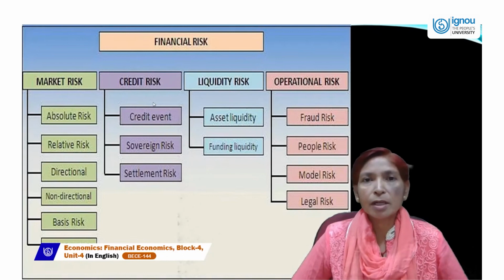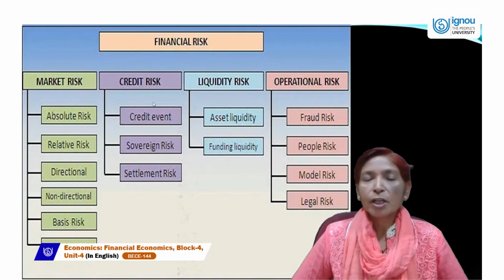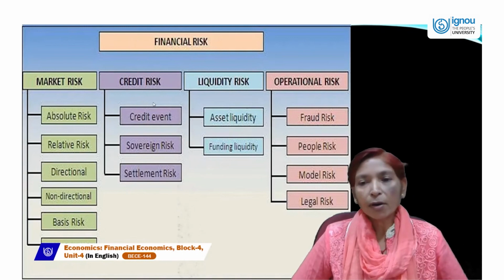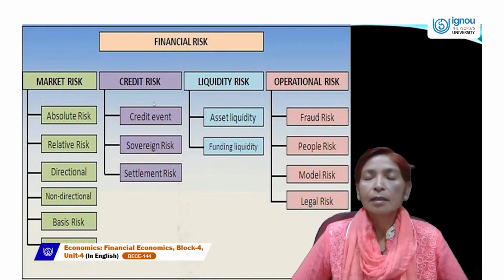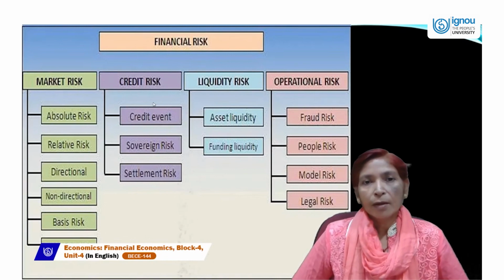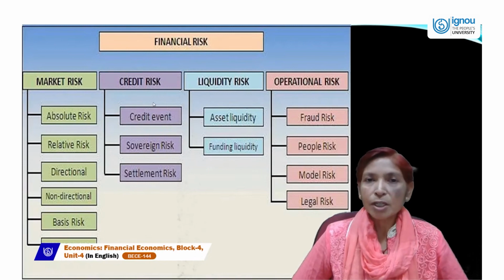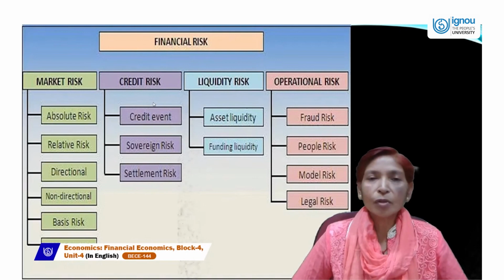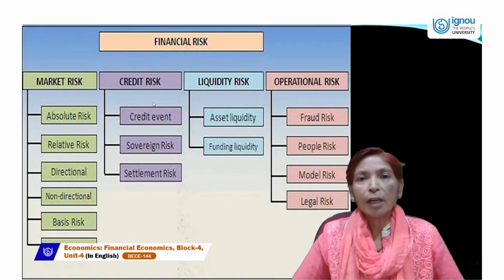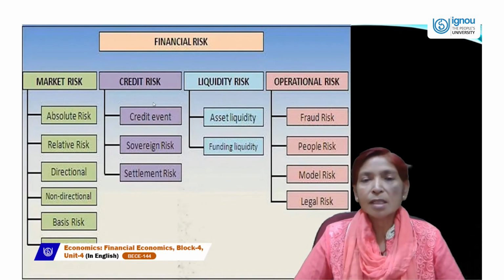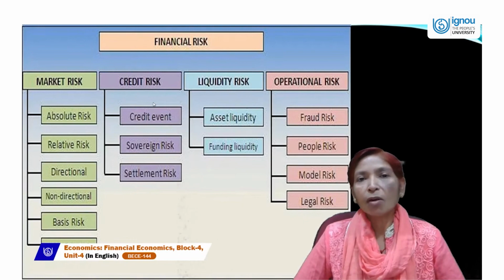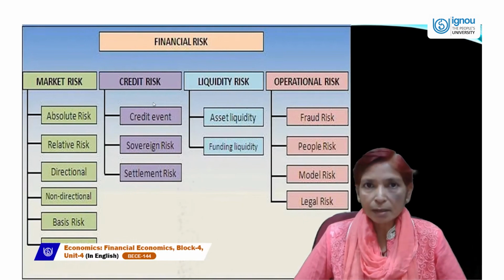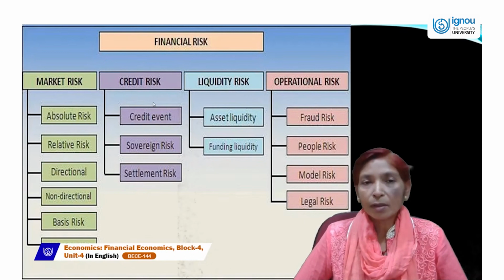And fourth is operational risk. Operational risk involves fraud risk, people risk, model risk, and legal risk. Smooth operation of the financial market is very necessary for the smooth working of financial instruments. So if the financial market is not working smoothly due to these operational risks, like fraud risk, people may do fraud,